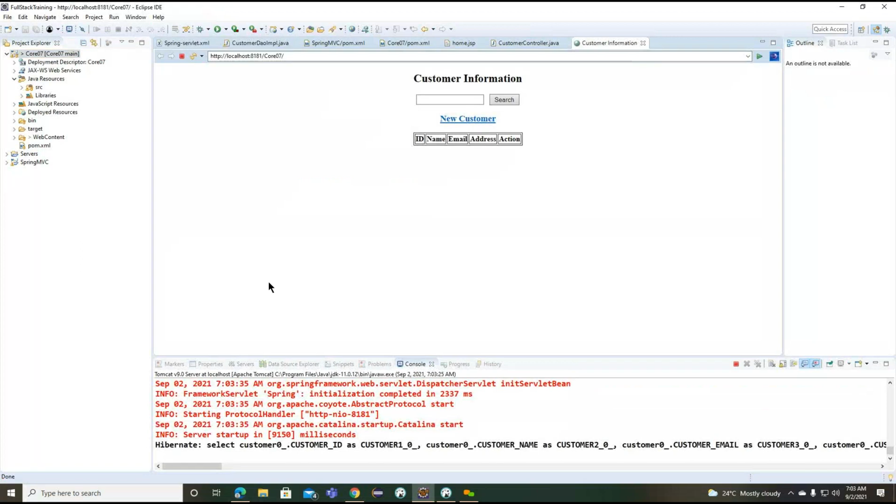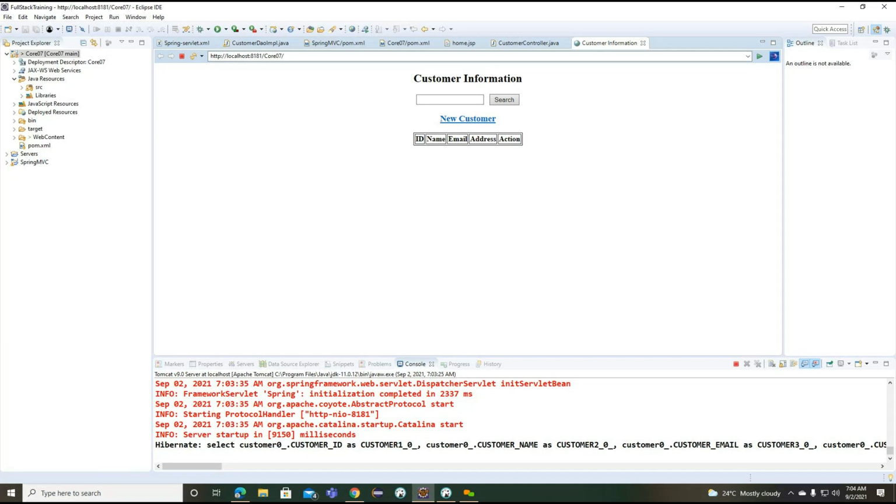Now observe, the application is loading here. Getting the point, this is the main page we want to see. Now we are able to see this main page. But what you need to understand here, if you see carefully, is the customer information we are having, and as of now in our customer database we don't have any data. Now click on the new customer. We need to add the customer information.